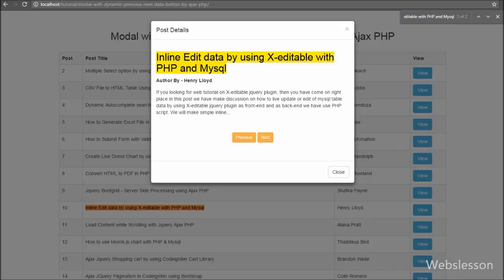This feature can be used if you have many posts and you want to load them in a single Modal, then you can